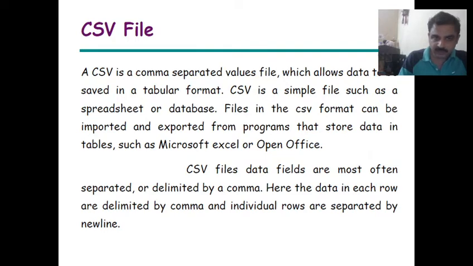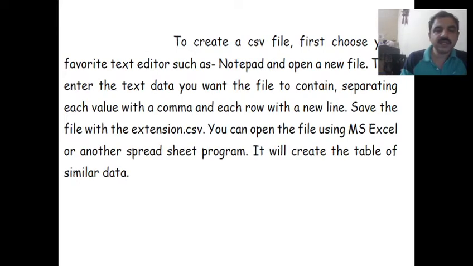CSV stands for comma separated values. A CSV file can be created simply by typing in Notepad the values separated with commas and new lines. New lines means press enter. Each data will be represented in tabular form when we open it with Excel or similar applications. Or if you transfer that CSV file into a data frame, it will show it in the form of rows and columns. Clear? Similarly, from a data frame you can also transfer that data to a CSV file.